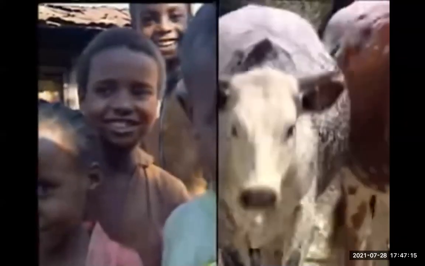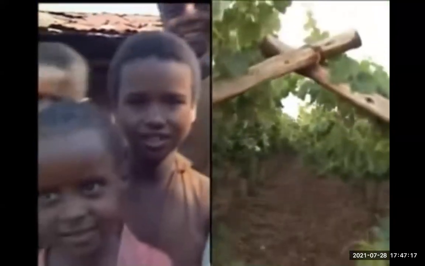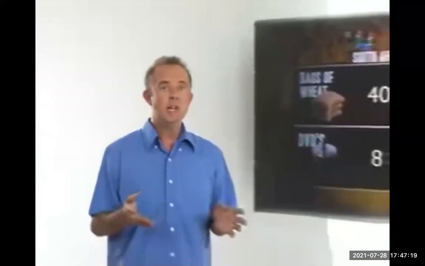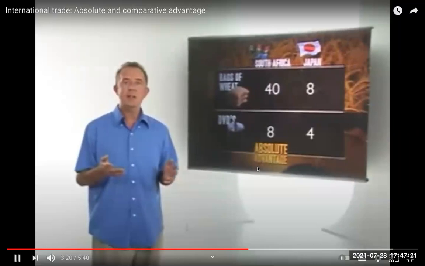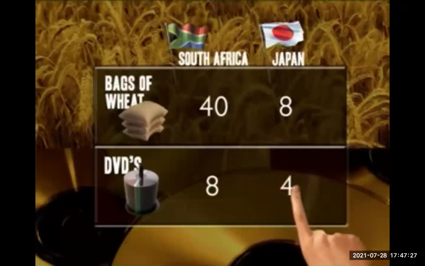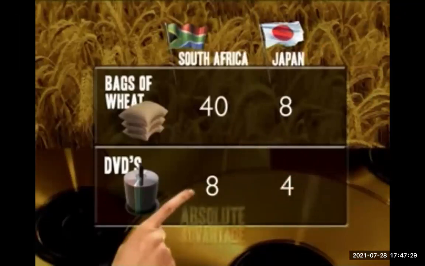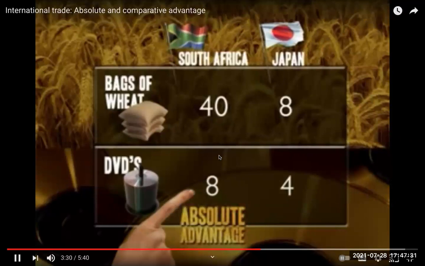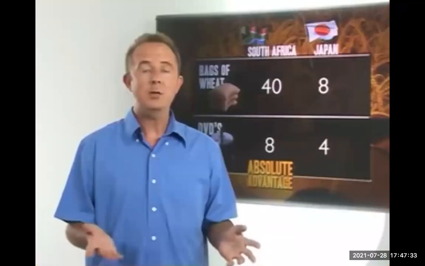Okay, let's try and take the theory a bit further. According to this new table, we assume that South Africa has an absolute advantage with both products. It can efficiently produce either wheat or DVDs. Looking at this new data, it would seem that there is no longer any reason for trade between these two